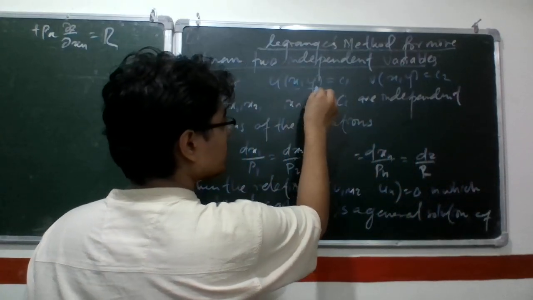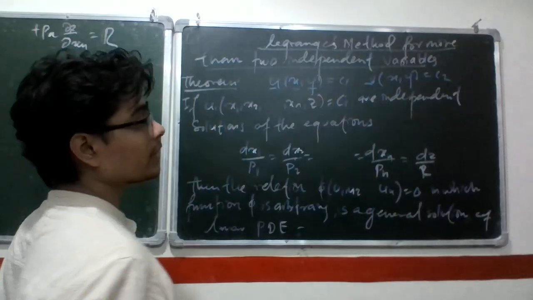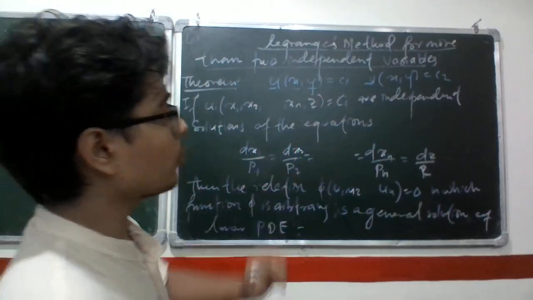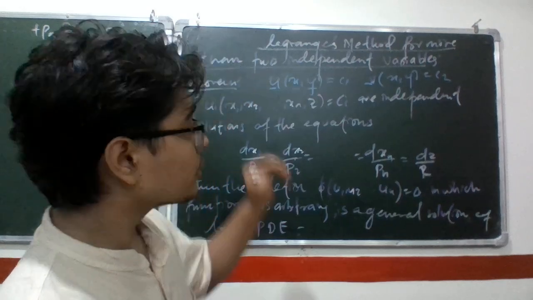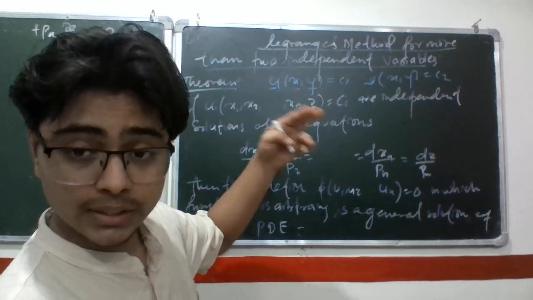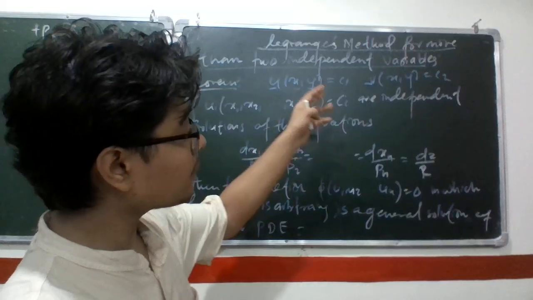Now we had two independent variables, and so if we had previously two independent solutions